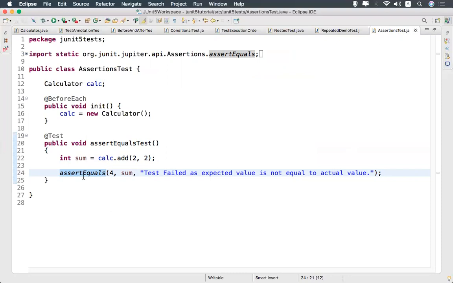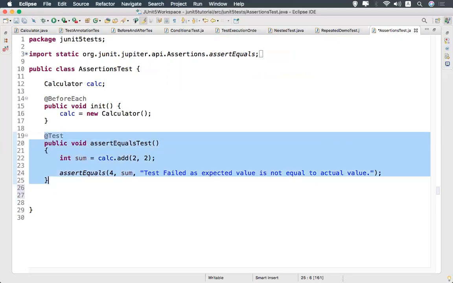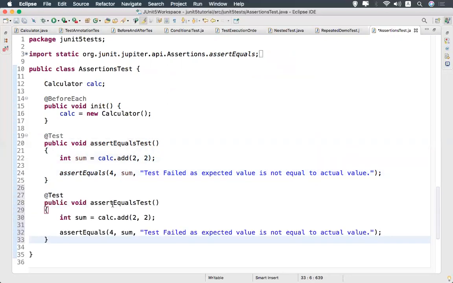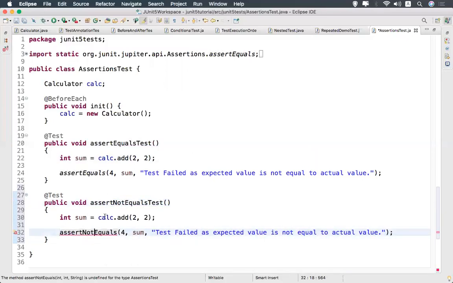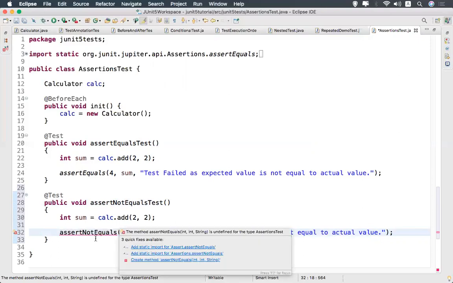The same way you have assert not equals. Assert not equals means it is expecting two values should be different. If both are same, then it fails. Means it is the opposite of this test case. Okay, assert not equals test. Here I'll say assert not equals, and I need to import this.